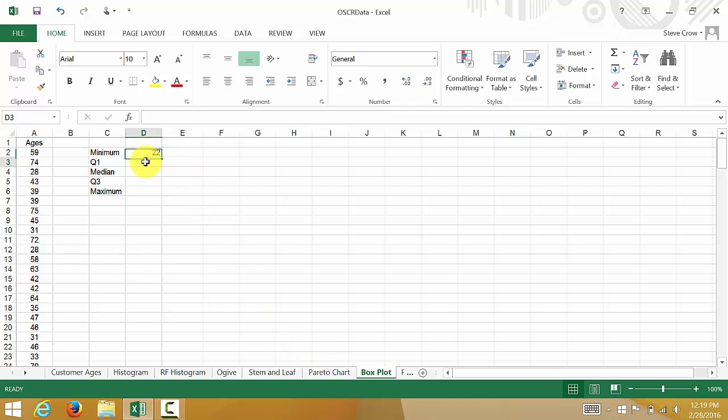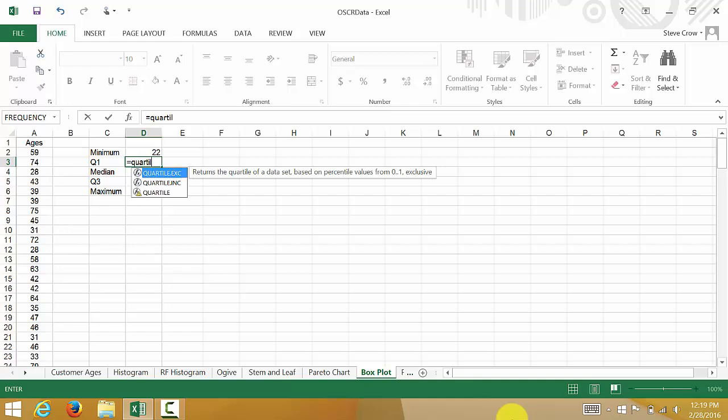Now, for the next function, when I hit equals, there's a quartile function, and we have to select the range. Well, instead of selecting the entire range, if you notice up here, I know the range is from A2 to A165. So instead of clicking and dragging, I can just type that in. Alright, so for the first quartile, I'll hit equals, quartile,